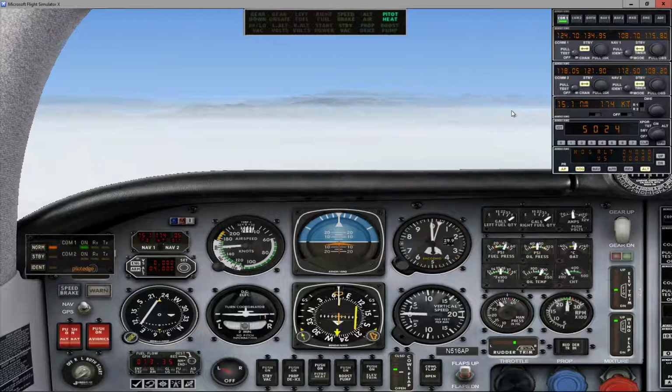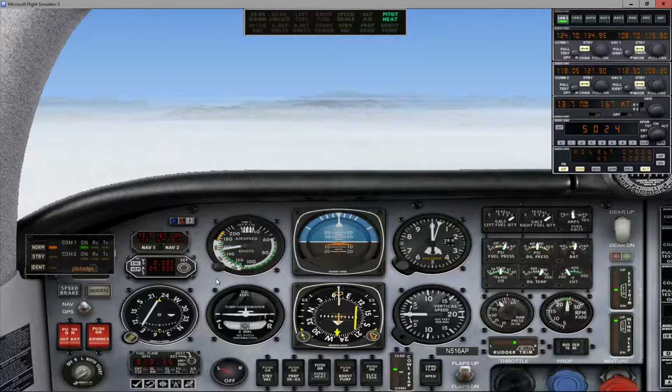Just in case I have to go missed, I'm ready to go there. I'm 15 miles from Fillmore. I still haven't gotten to the 228 radial from Fillmore. I'll be abeam Nelly. If you look at your approach plate, the 198 radial from Fillmore goes to Nelly. Of course, we're offset here, so somewhere around the 208 radial indicated in my number 2 will probably have us